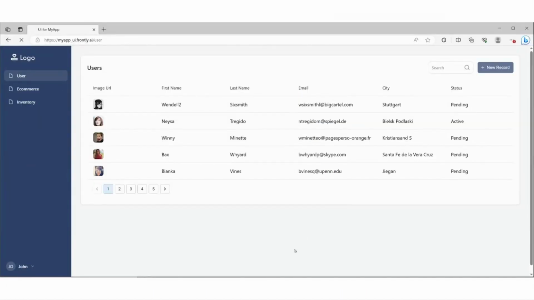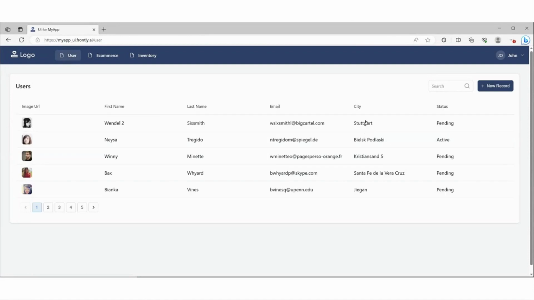So under preview, if I refresh this page, now what you'll notice is the layout got changed to a header view, and the button color also got changed because I changed that color. You have one more option to change, or basically style, these page icons out here. And I'll show you how to do that. So let's go back